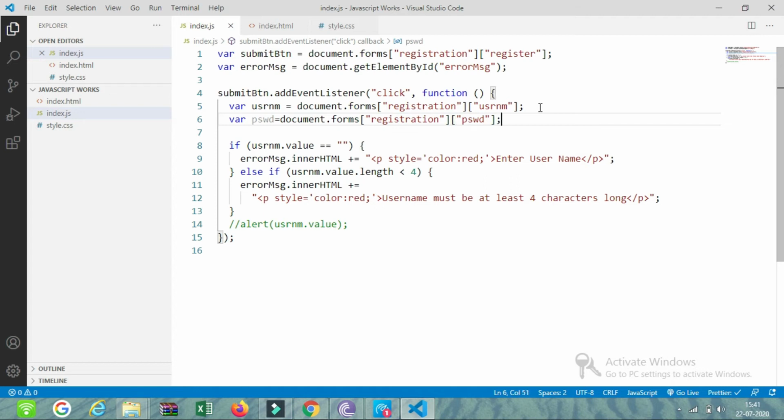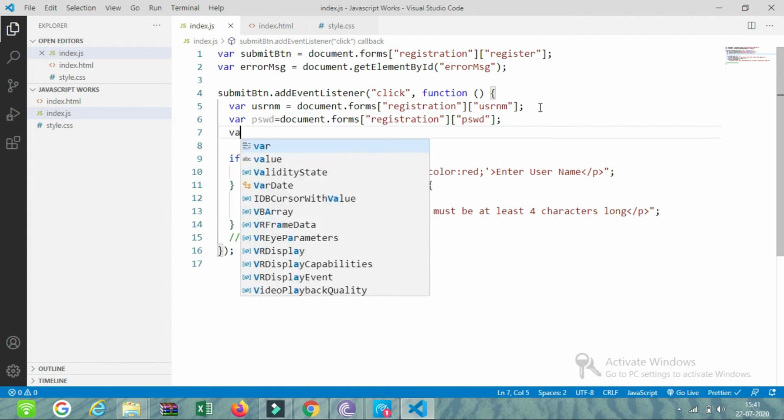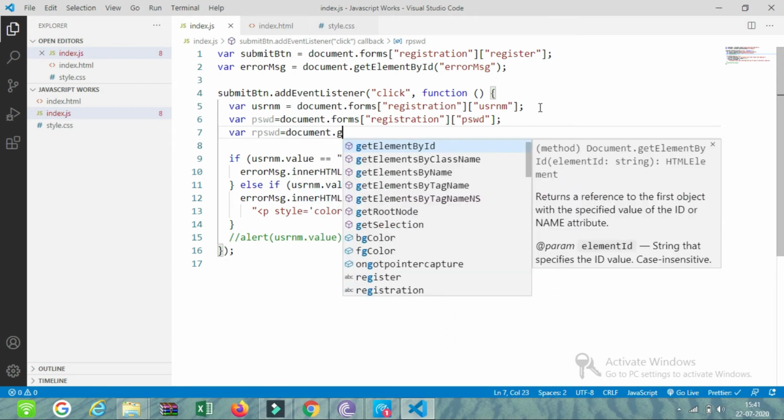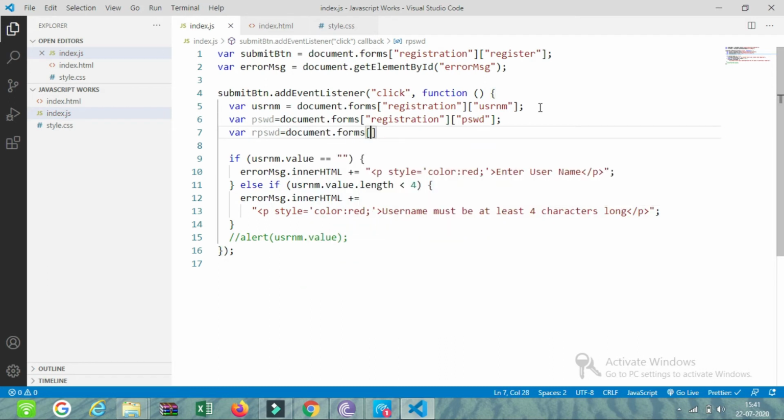Now I will type var our password is equal to document dot forms of registration, and I will type our password. Okay, save it.